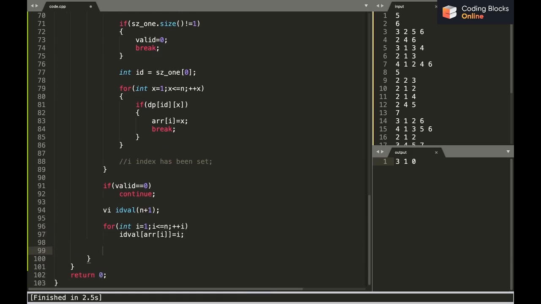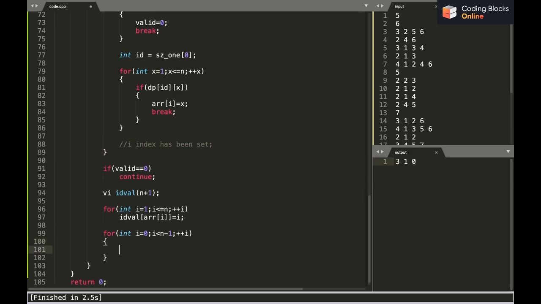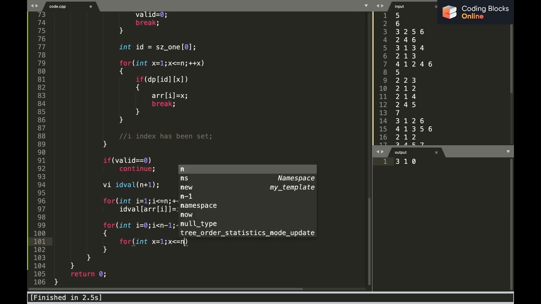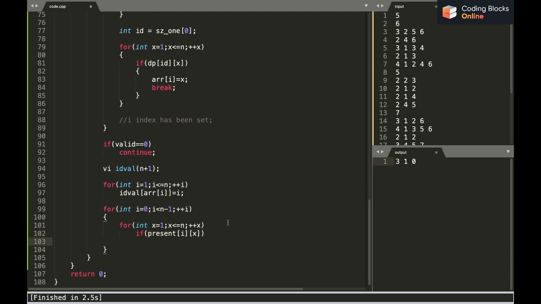Right, now I'll see for each segment, for i equals 0, i less than n minus 1, because there are n minus 1 segments. Now I'll iterate through each segment, for int x equals 1, x is less than or equal to n, plus x. If present[i][x], it means that x is present in this segment.